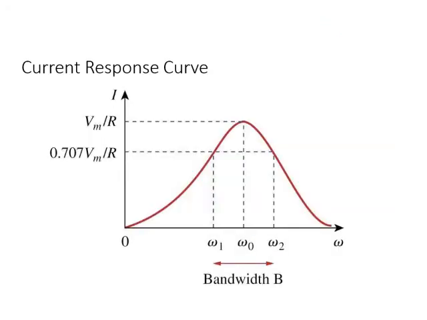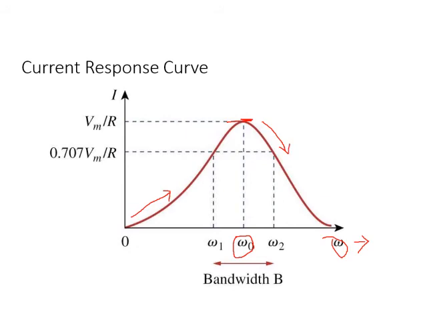Now a curve is plotted between the RMS value of the current I and the angular frequency omega. On the x-axis we have taken the angular frequency omega in radians per second. On the y-axis the RMS value of the current is taken in amperes. We can see that as the frequency omega is increased, the current increases up to a certain peak point. This peak point is reached at the frequency omega naught, which is the resonant frequency. If the frequency is further increased, then the current will decrease.